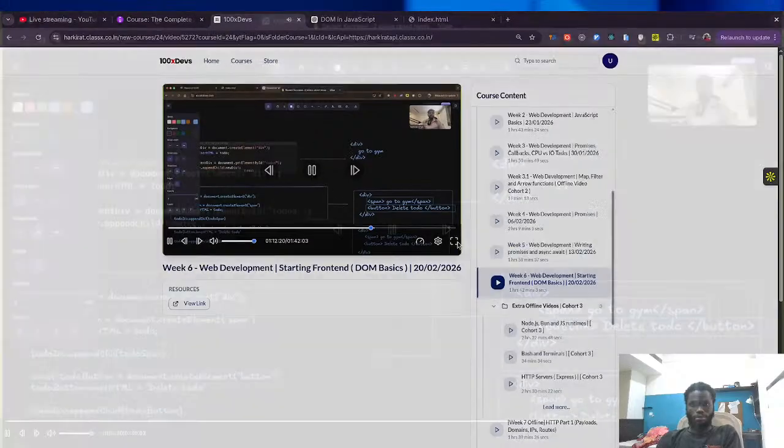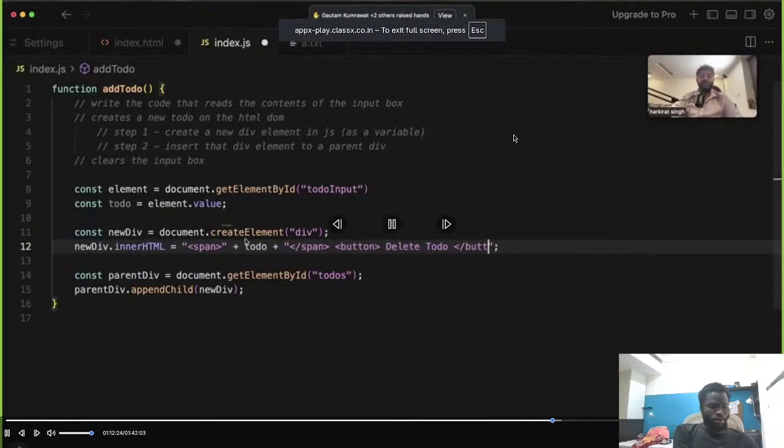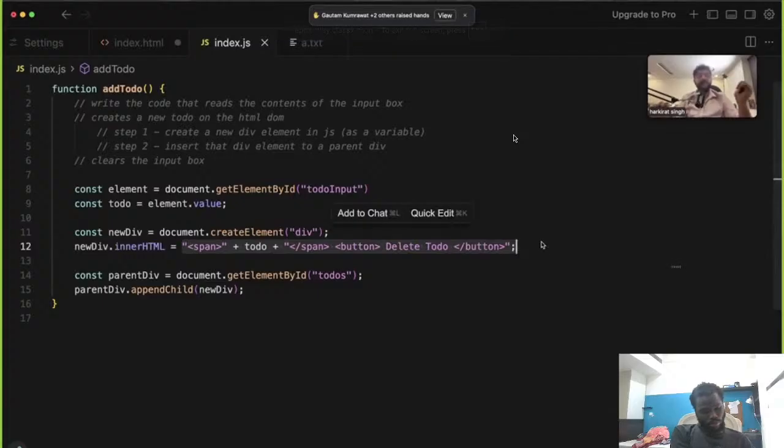a full div element with the span and the button. This also did the same thing. I'm not denying this does the same thing. It's actually much easier. But this is not right, convention wise. You'll see a bunch of challenges with this. It's better to create all of these elements individually, append them to the parent div rather than just writing HTML that does everything together. After this div is created, now take this complicated div and put it inside the main